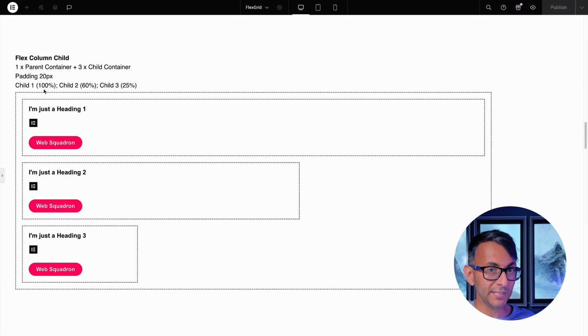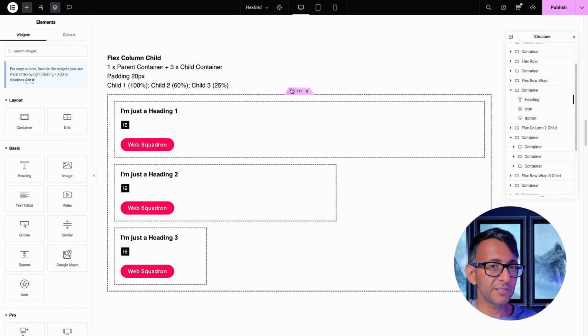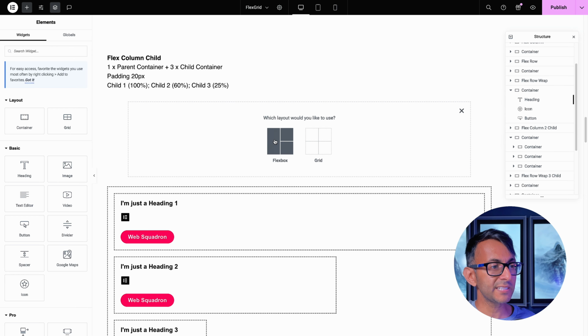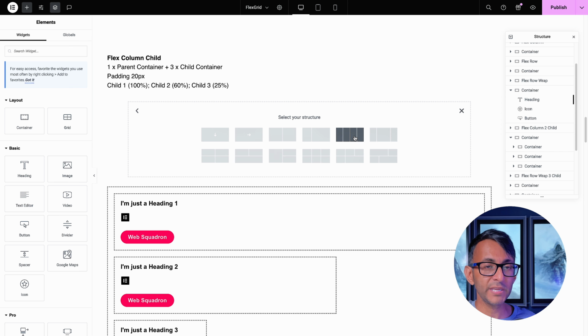And I'm telling you about the whip, so I'm giving away a little bit of what we're going to be doing. But we have a parent container and 3 child containers. Let me now show you the multiple ways that you could have got the child containers in the first place. If we click the plus sign Flexbox, over here we have some layouts where you already have a parent container